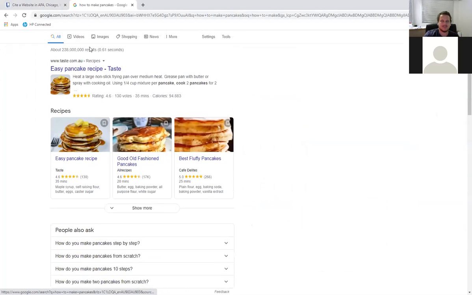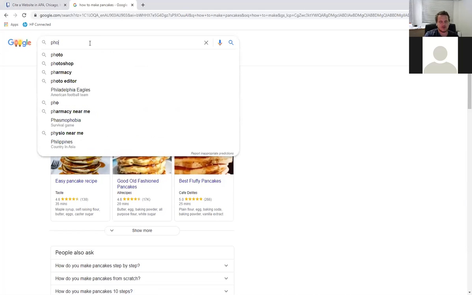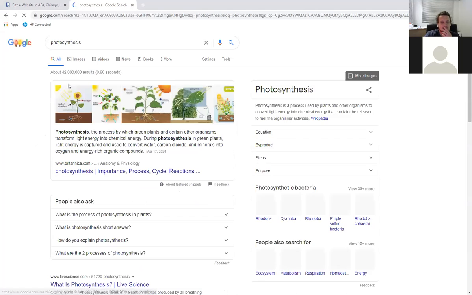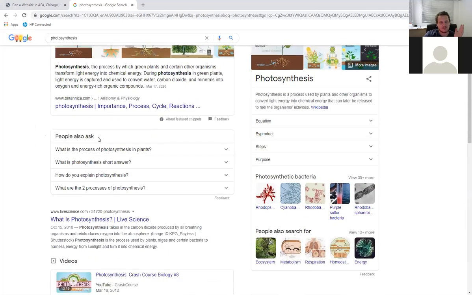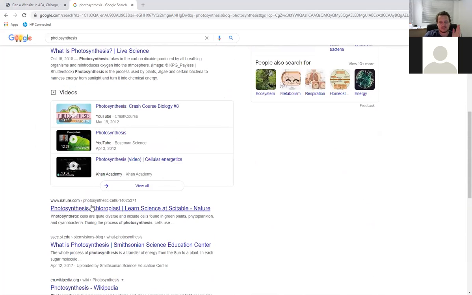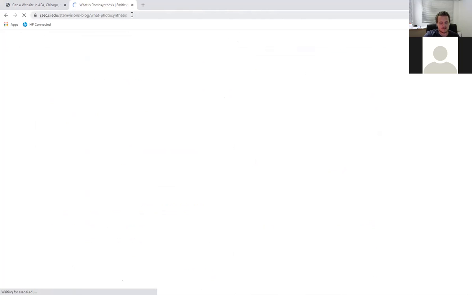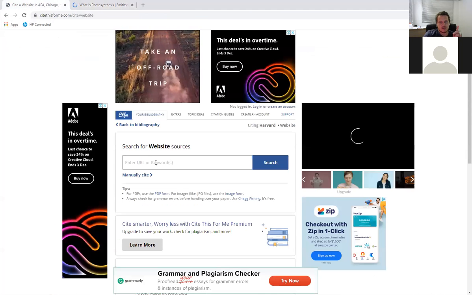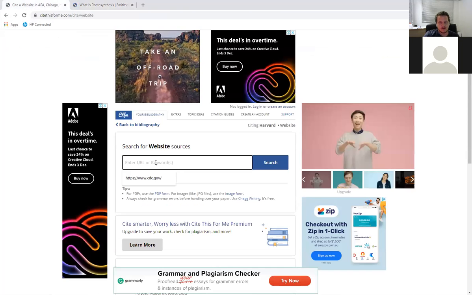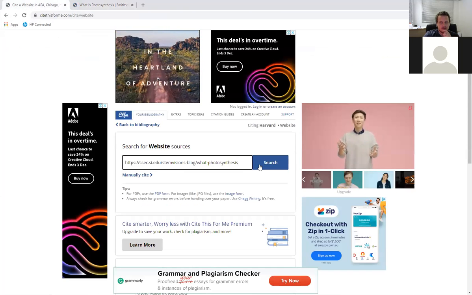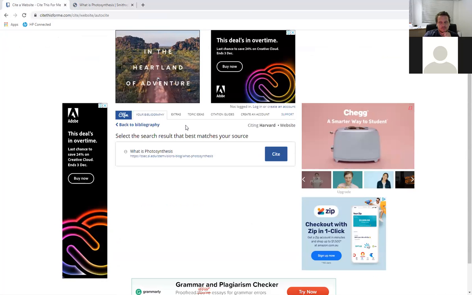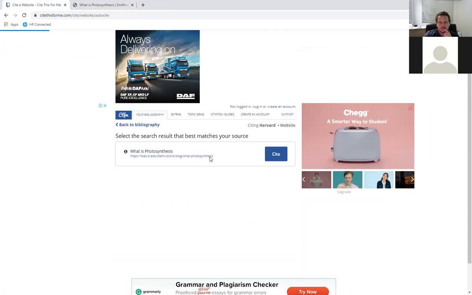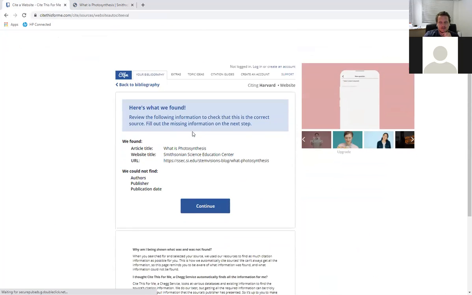Again, can we look for photosynthesis? Okay, I found my reference for photosynthesis. It's an edu link, so it's okay. And I want to reference it. Put in the URL here. So I want to cite it.